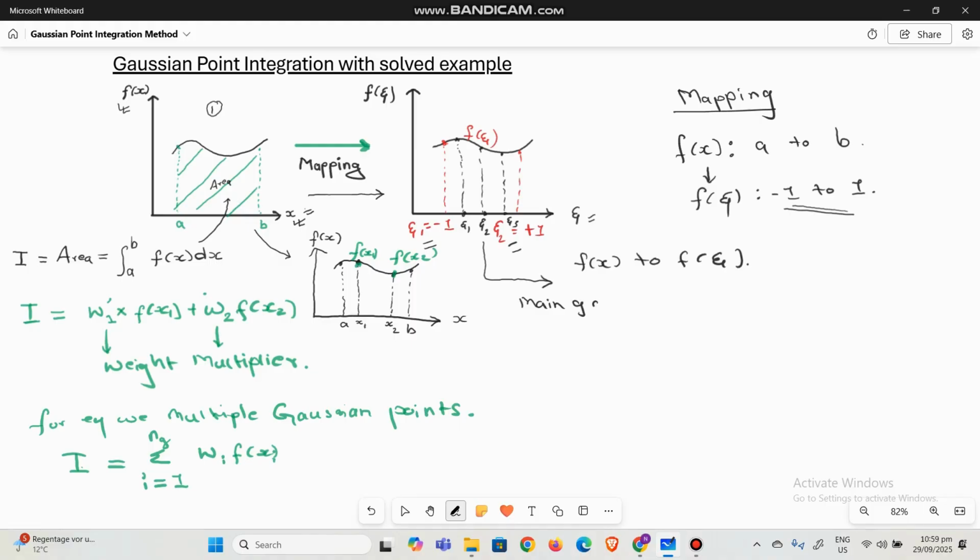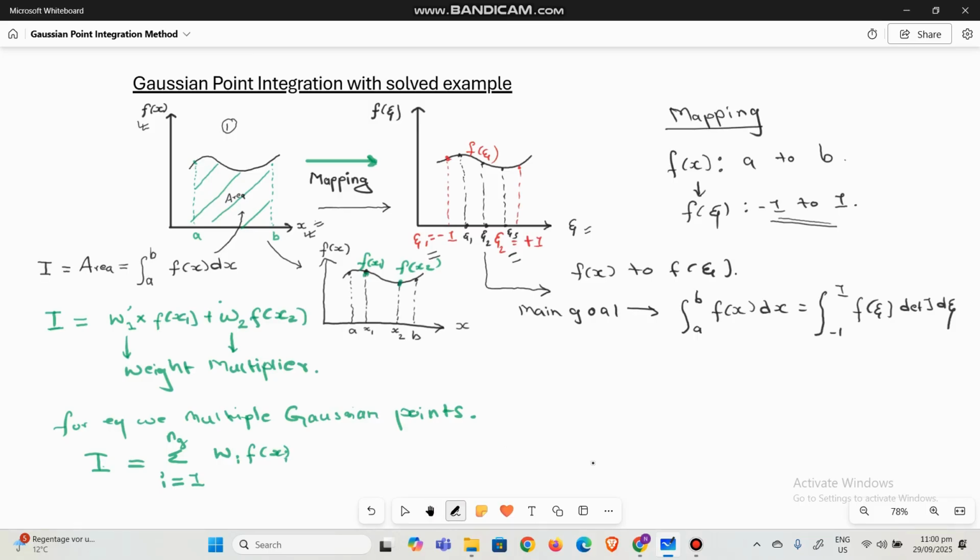Our main goal is to convert this integration from a to b of f(x) dx into the integration from xi = -1 to xi = +1 of f(xi) times the determinant of Jacobian times dxi. This is our main goal,